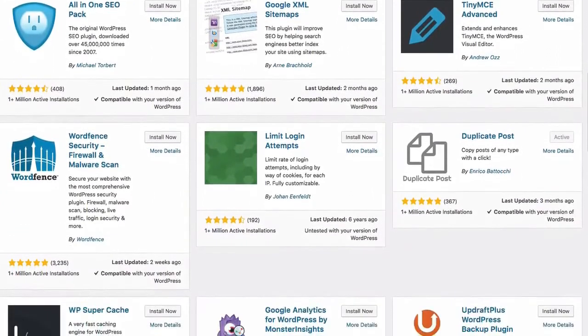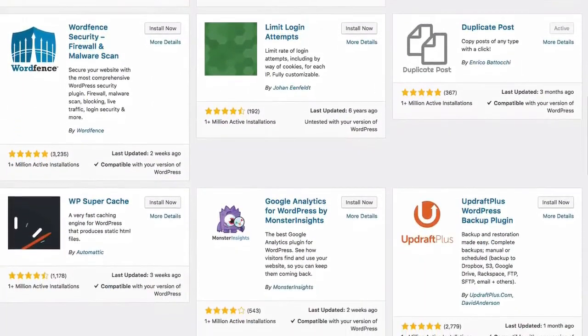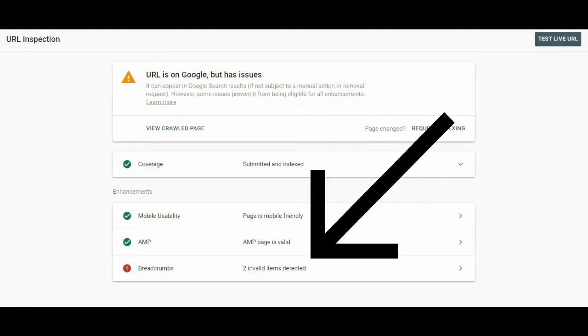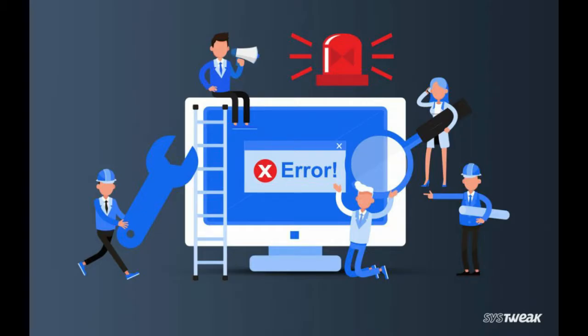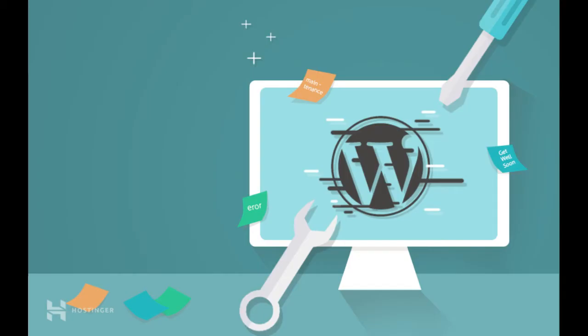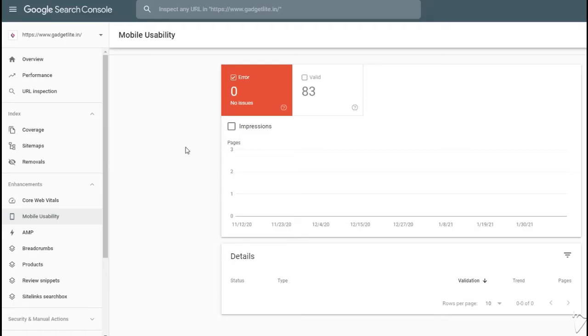So I searched it out and did URL inspection in Google Search Console and found out the problem was related to breadcrumbs, or you can say data vocabulary. In short, from April 6, 2020, data vocabulary was no more part of Google search result features. Previously, this problem lay within Blogspot. That's why you won't see much exact solution for WordPress. So that's why I decided to make this video to help you out.